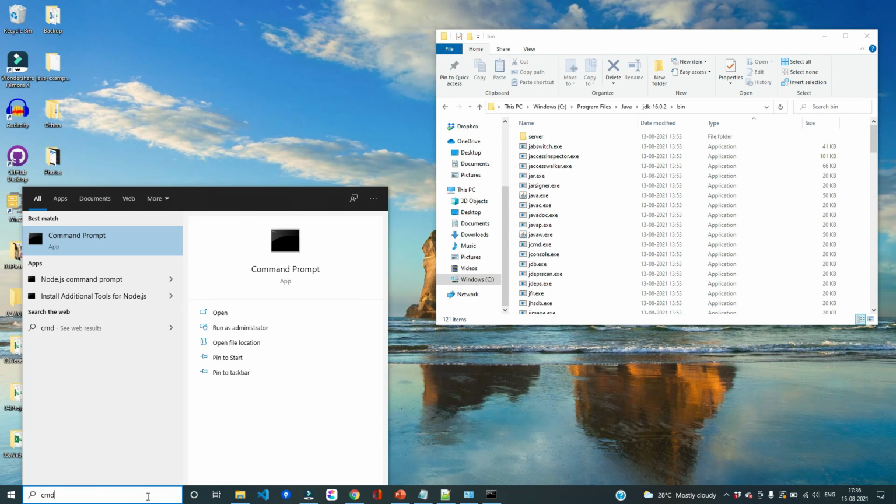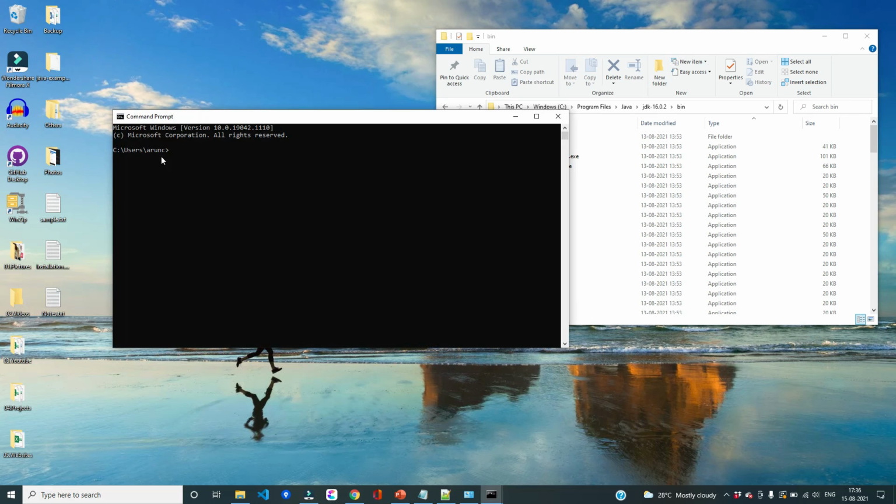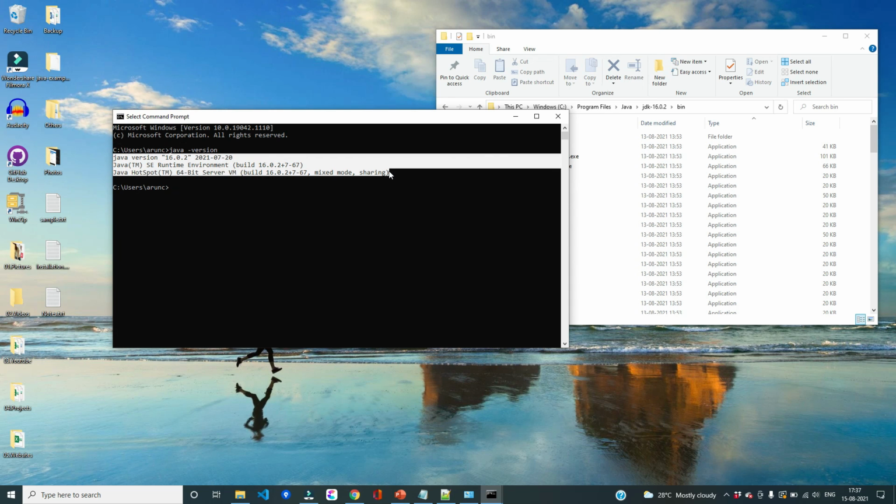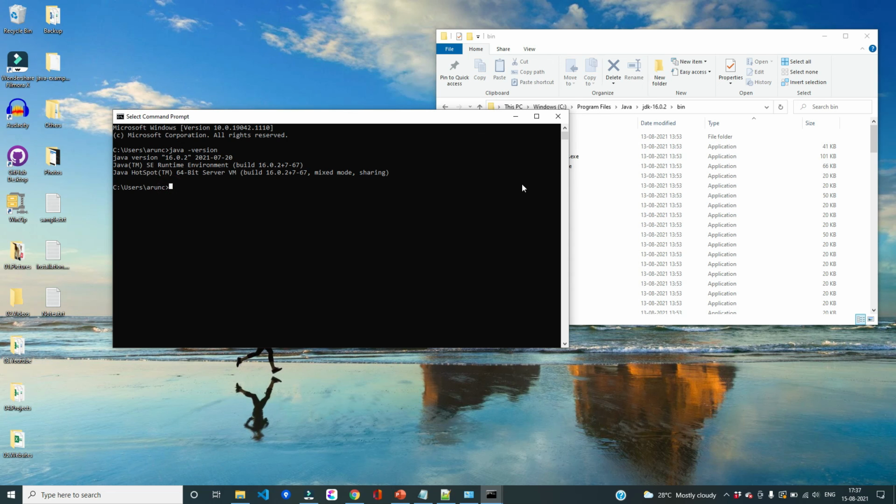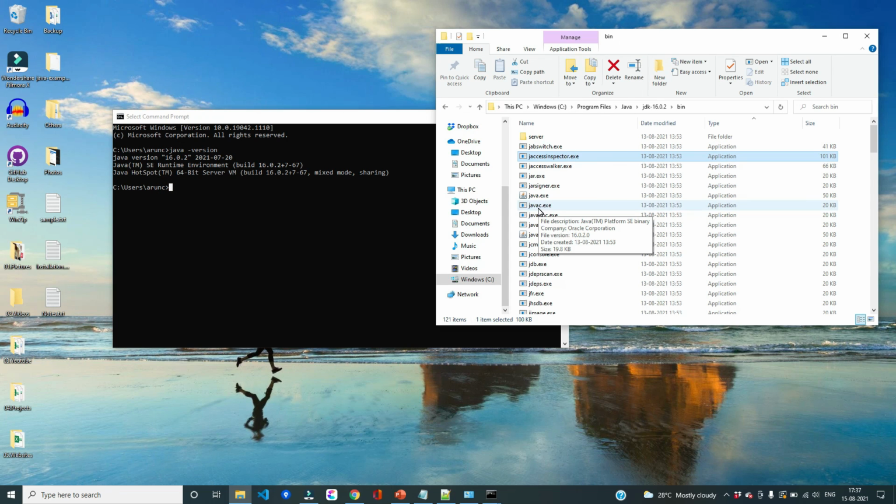Now let's open the command prompt again. Now I am not on the bin folder, but I am on a different location. Now I'll try to run this java command, java -version. Now it has successfully returned the details. Earlier, when the bin path was not set up on the path variable, all these executables were not available across the operating system. But now it is available across the operating system, not just the bin folder.